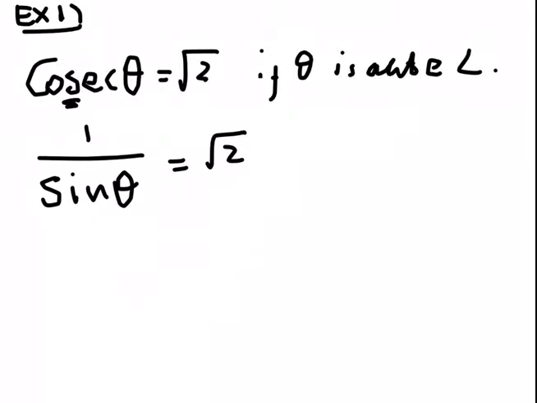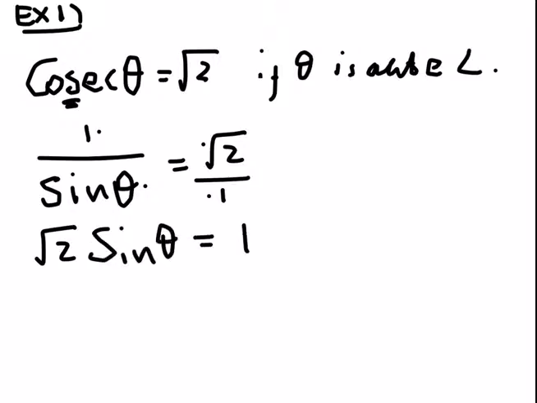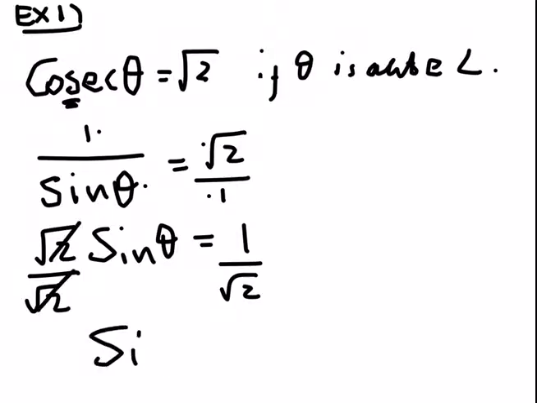I'm just trying to rewrite it such that on the left I remain with sine. So if I want to remain with sine, I've got a fraction on the left, I will also force this one to be a fraction, and then I will cross multiply. So I have square root of 2 multiplying sine of an angle, which should be equal to 1 times 1, which is 1. Then if I want to remove this, I have to divide by that on both sides so that it cancels. Then I have sine of an angle equals